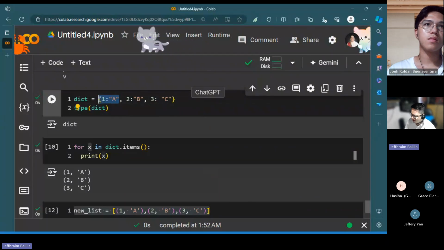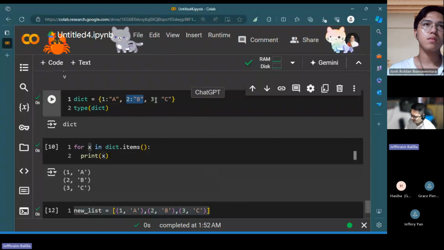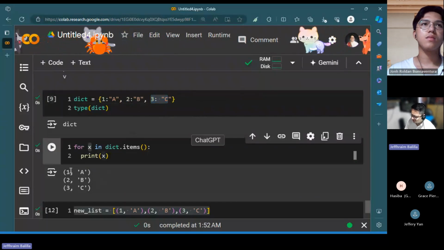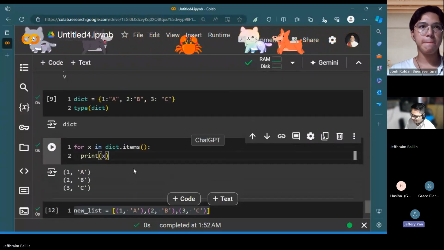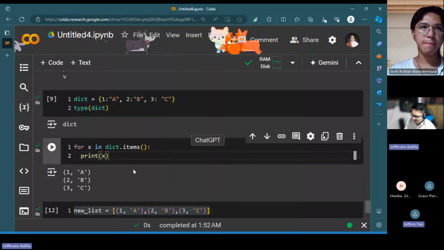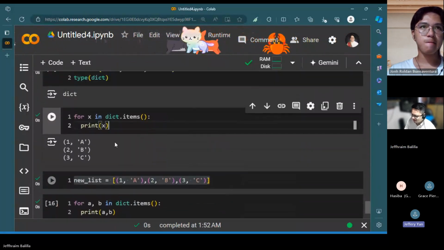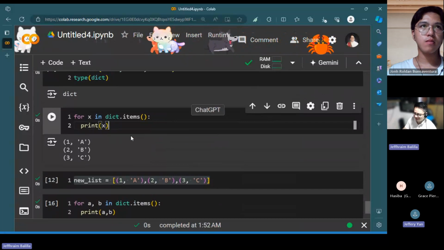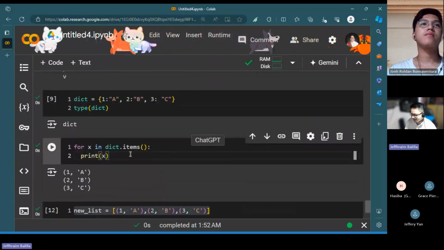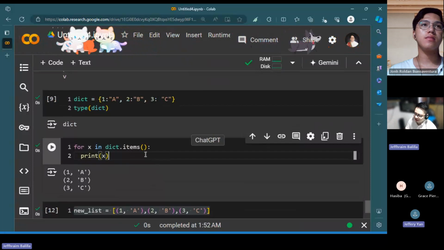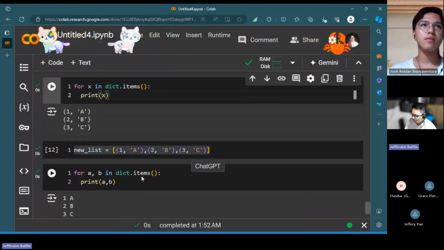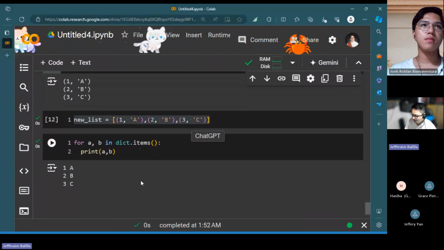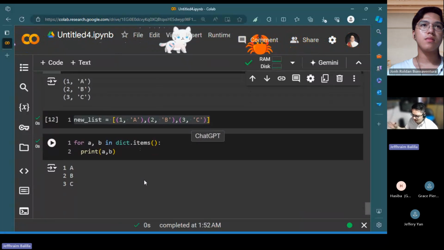So this is one record, this is another record, this is another record, so it's treating it as a single object. However, the system also knows that if you add a comma next to X and then put a Y, it would know that they are separate. It would still meet the condition. However, you will get a different type of output, because you explicitly stated that you want to see the key value pairs outside of being a tuple or a pair.